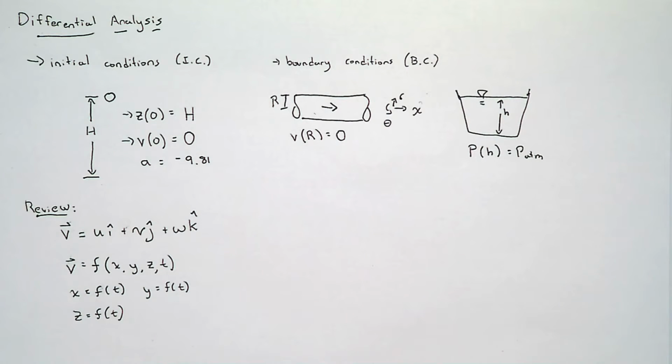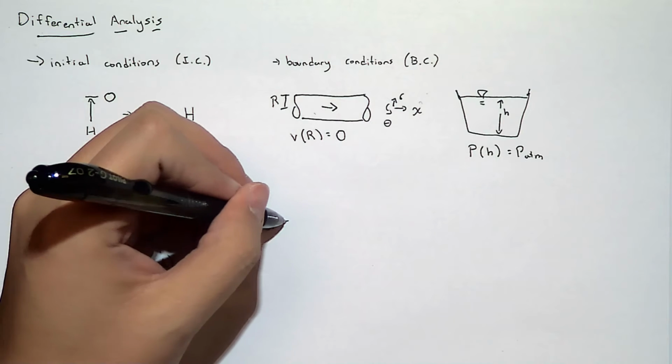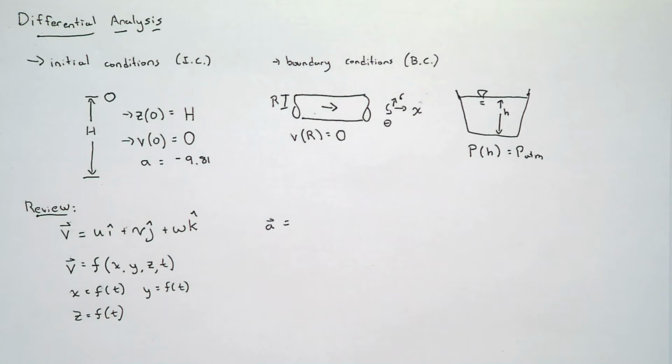Then how do we calculate the acceleration of a flow? Well, we know acceleration is dv/dt, right? The derivative of velocity with respect to time. But velocity doesn't just depend on time. It depends on space, and the space coordinates depend on time. We said that we can calculate that acceleration by using the